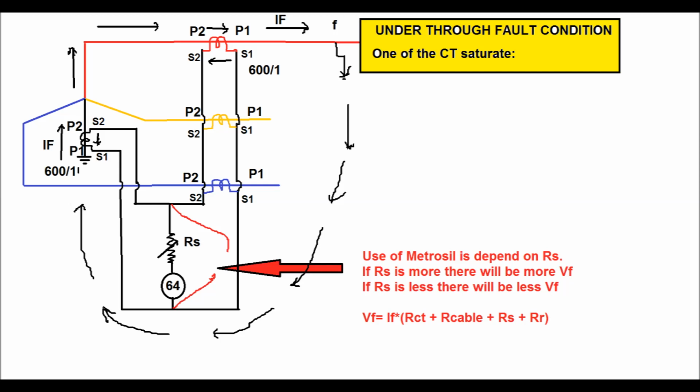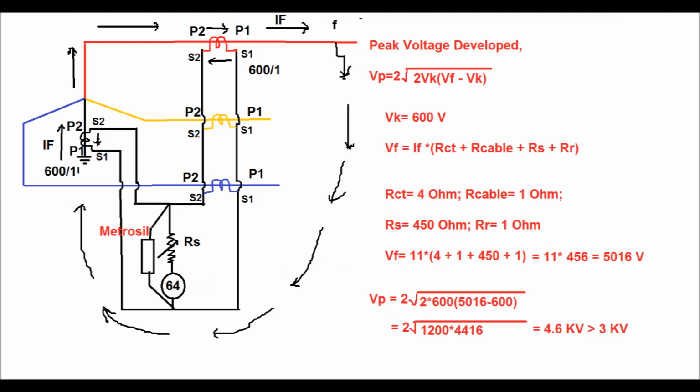Therefore, the use of the Metrosil depends upon the value of the resistor. So now we will calculate whether the Metrosil is required or not based on the peak voltage developed under through-fault condition. Now the peak voltage developed during maximum through-fault current, that is Vp, is equal to 2 into root over 2